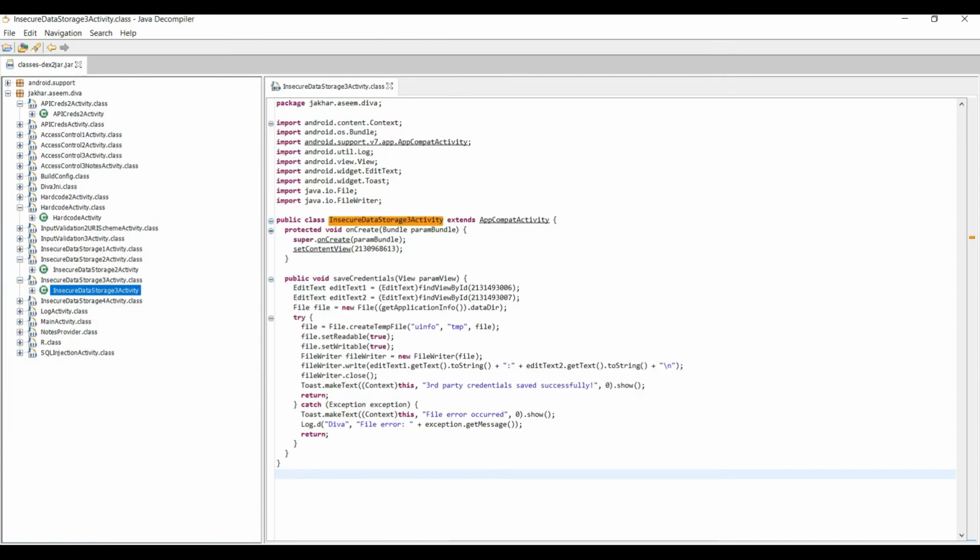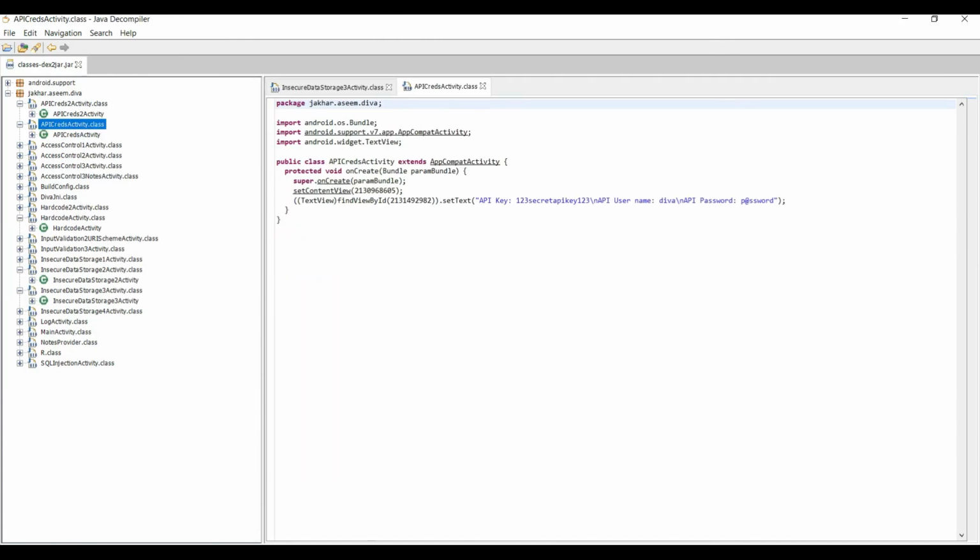API creates activity. So yeah, inside this it is actually showing the secret key, the API key, and the username.